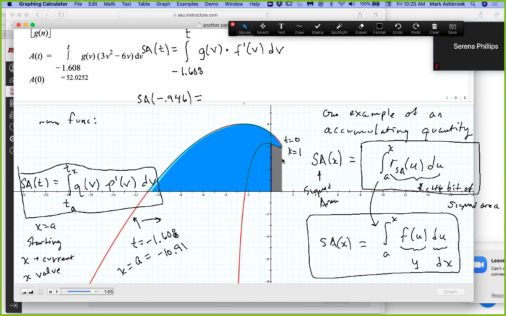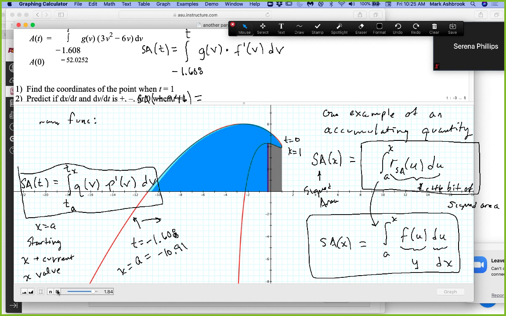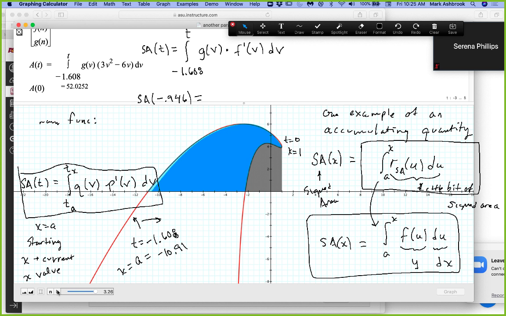It's going to decrease by now the amount of this gray area underneath the curve for the current value. So now as t increases, x is decreasing, so my dx's are negative, and just like signed area, sometimes it decreases, right? And so the signed area is going to decrease by the amount of the gray. So if I were to find the signed area at the second x-intercept, which is x equals 3.26, or